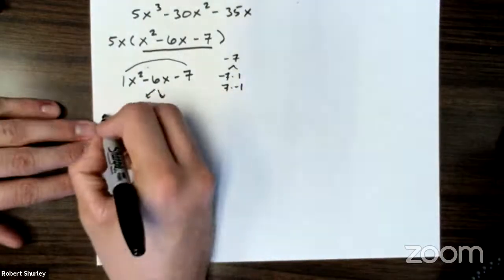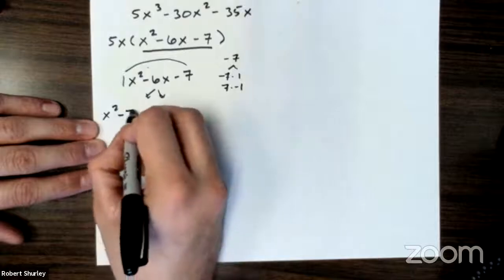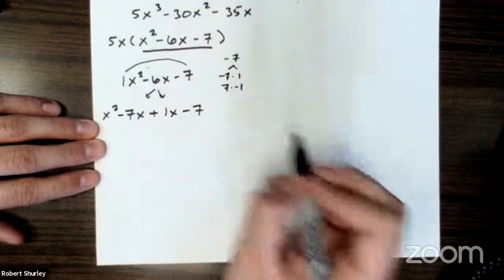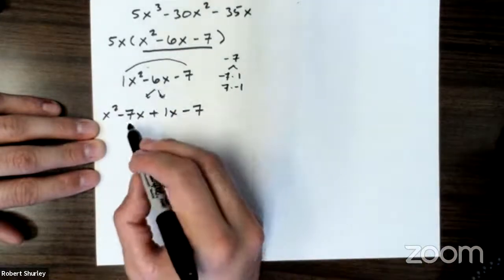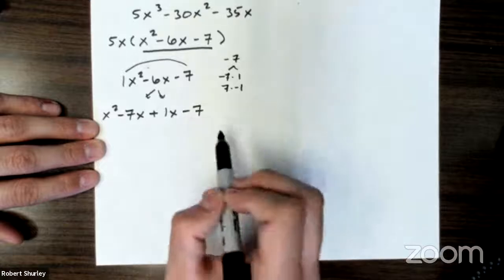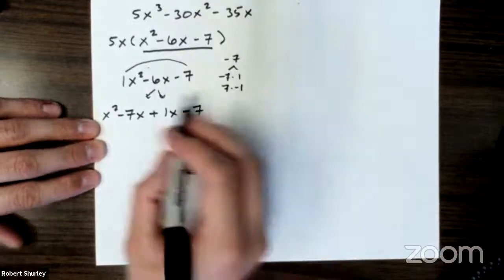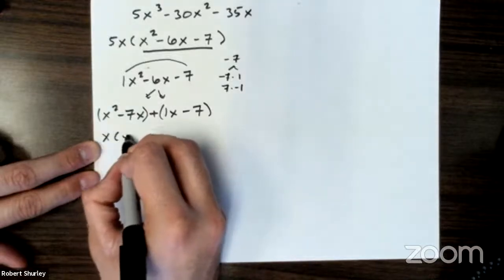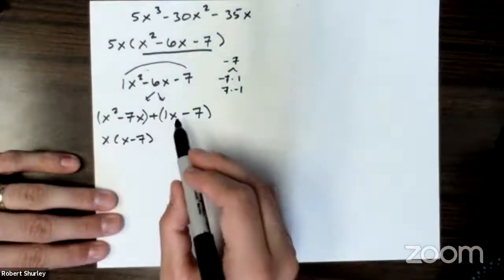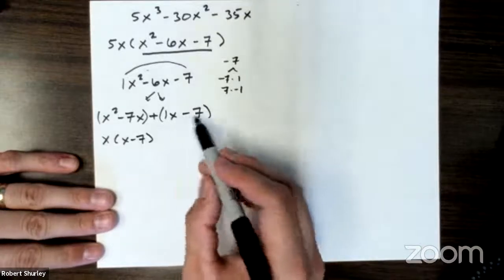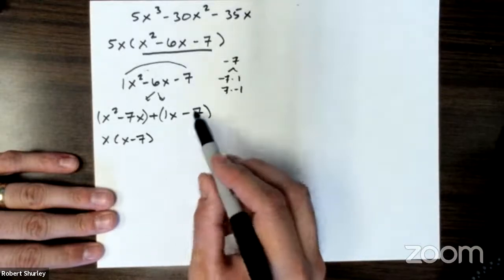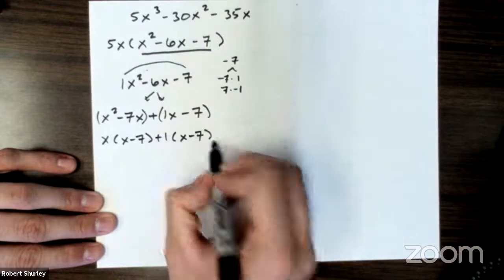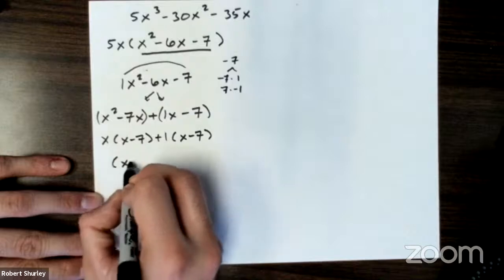So I'm going to split that apart. I would get x squared minus 7x plus 1x minus 7, right? Adds to give me the negative 6, negative 7x plus 1x, negative 6x. Multiplies to give me the negative 7, so I'm going to put parentheses around that. I need to factor an x out here, leaves me with x minus 7, right? Again, just like that one we just did, I don't need to change anything here. This is already x minus 7. So I'm going to factor a 1 out. Leaves me with x minus 7. So I'm left with x minus 7